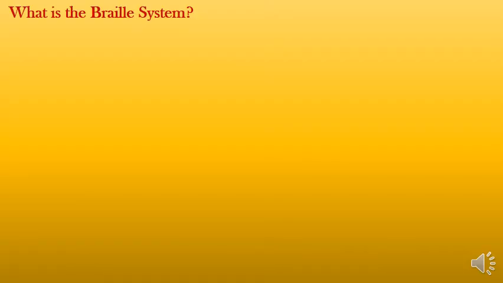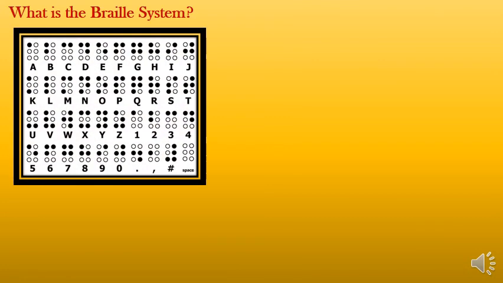Now let us see quickly what the Braille system is. It is the most popular system, developed by Louis Braille. He himself was a visually challenged person and developed a system which got published in 1821. The Braille system has 63 dot patterns or characters. Each character represents a letter or a combination of letters or a common word or some grammatical sign. Dots are arranged in cells of 2 vertical rows of 3 dots each.